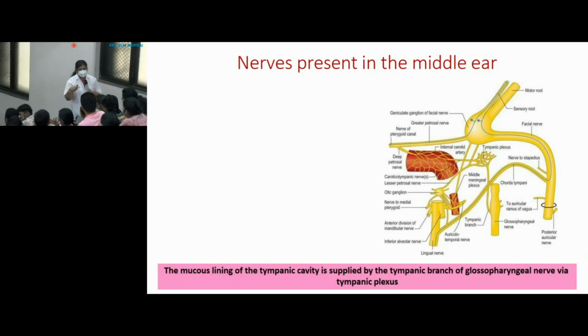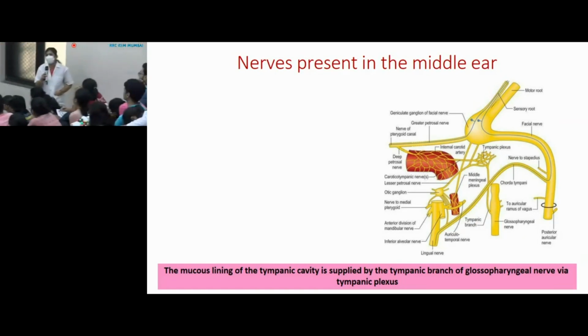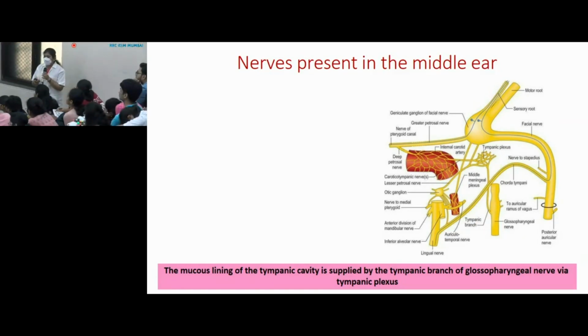Lesser petrosal nerve, which emerges from the tympanic plexus, and the tympanic branch of the glossopharyngeal, and superior and inferior caroticotympanic nerves. Okay. What about the anterior wall? The same caroticotympanic nerves. And the exit of the chorda tympani is along the lateral wall. It is along the lateral wall. Okay. What about the inferior wall?